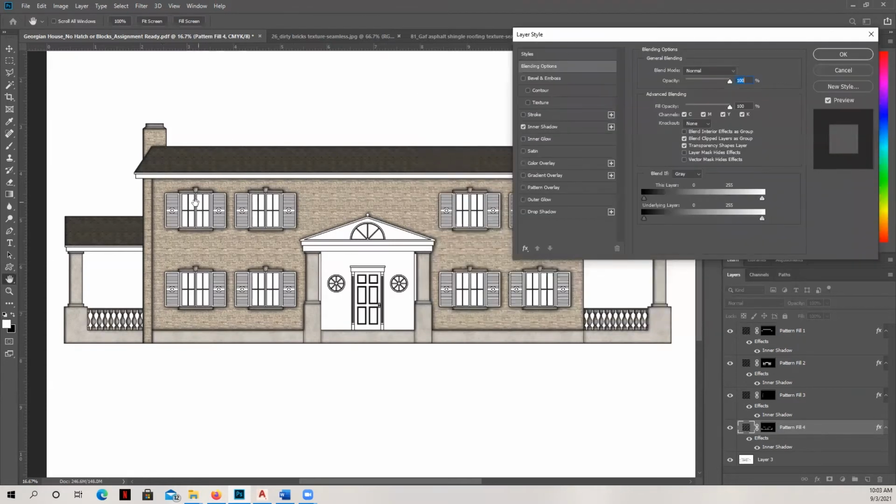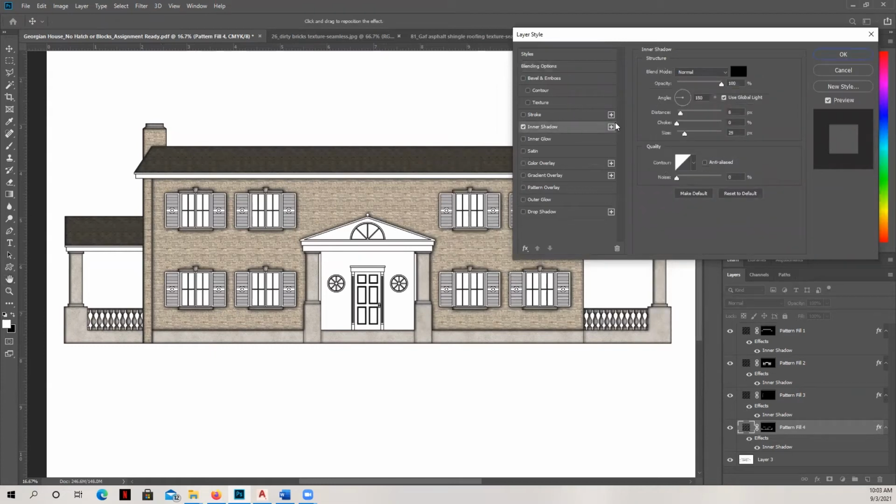There's a couple of areas here where it looks a little bit too dark because, again, it's in a small area. Now, if I wanted to separate the size so that around the windows it was a little bit less shadow, and then around these larger areas it was more, I would have to do two separate commands, first around the windows and then around the other areas. And so you have to do a little bit of thinking as far as process goes and how you want things to look, so that you end up with the results that you want. But of course, it's just as easy to undo and just start all over again. I'm going to leave it as is for now.